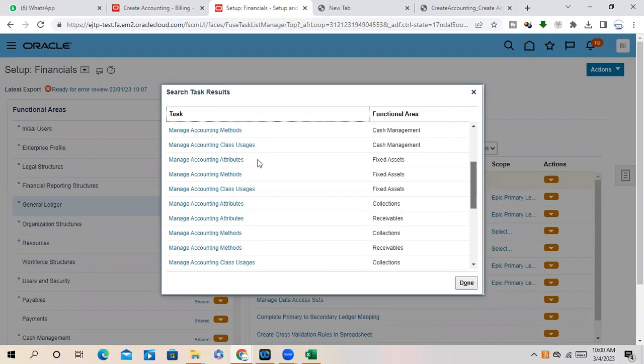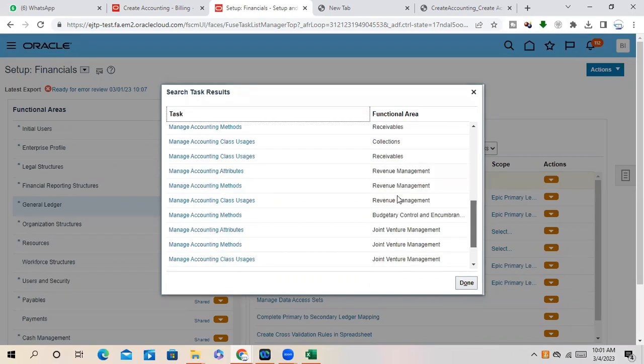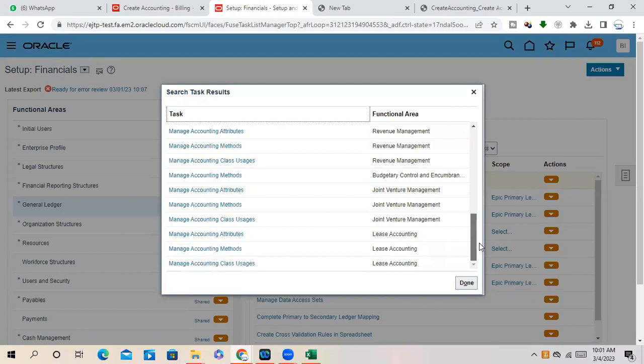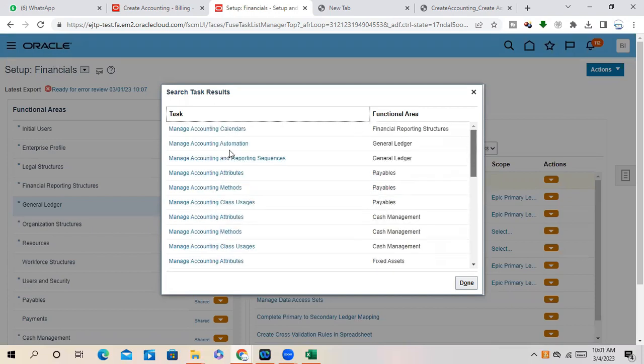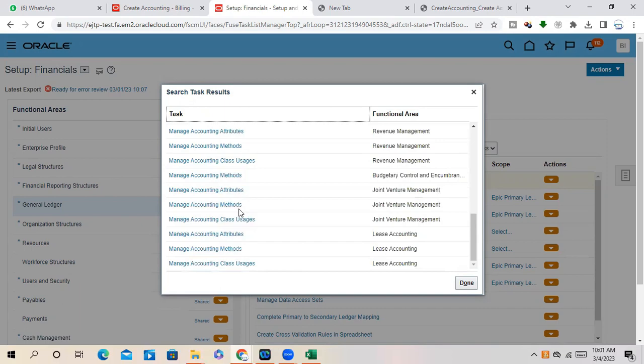You can see here the accounting method per fixed asset, accounting method per collections, receivable. So they have provided different accounting methods. This is for payable, lease accounting, joint venture management,